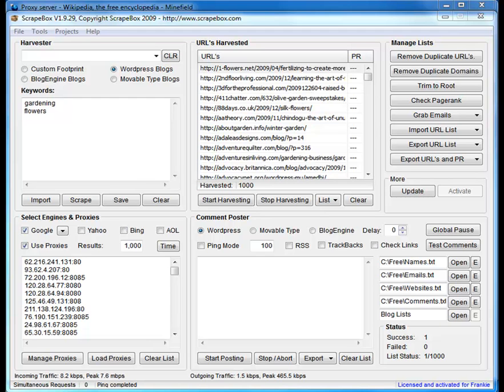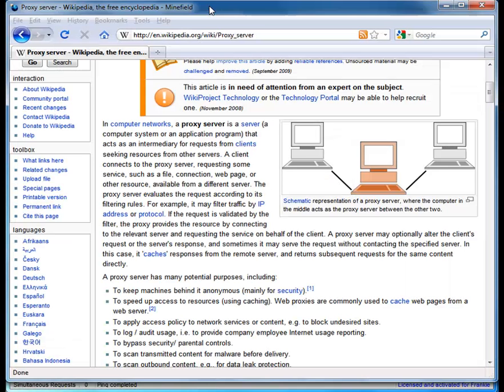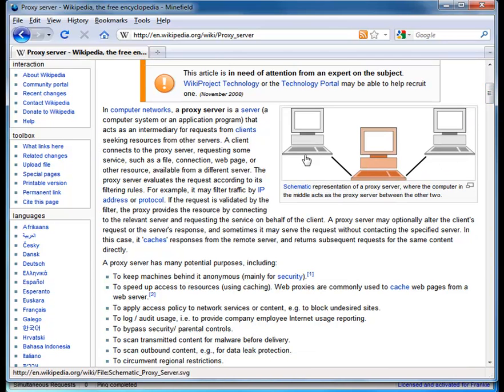In this video I'm going to cover the proxy features that are built into ScrapeBox and do a bit of commenting with them, because quite a few people don't know what proxy servers are or anything about them. So I'll head on over to Wikipedia here, and they've got a diagram of a computer running through a proxy connecting to a server. So basically that's you here on the left, your computer, you're running ScrapeBox, and without a